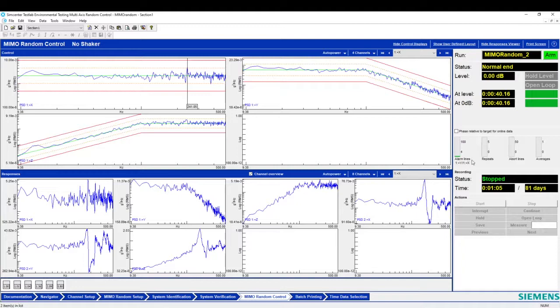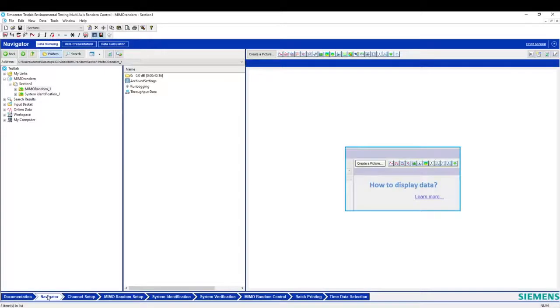Here you can see that just 4 spectral lines have exceeded the alarm thresholds, and 0 spectral lines have exceeded the abort threshold. Okay, therefore our test is a normal end control test, and of course we can skip to the navigator just to show the control result. Here in memorandum we have the data of the control test. So in outer loop,